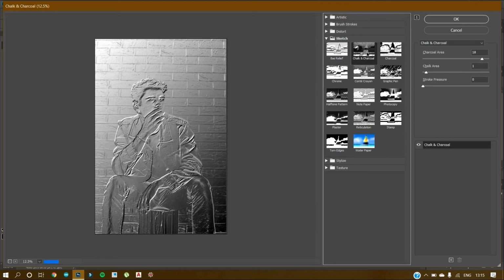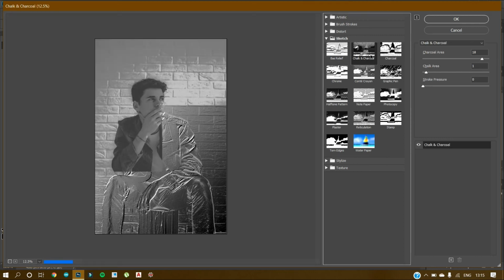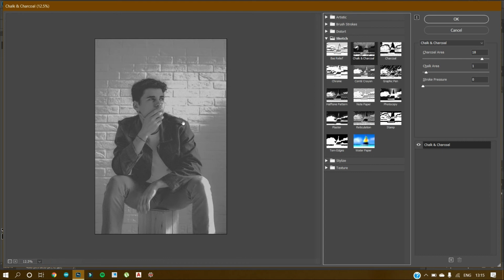We can also use different effects called chalk and charcoal. Okay, that's a good filter. So we can always just change this. We can do settings from these sliders. So this is the charcoal area. This is kind of a dusty and retro kind of filter. I personally liked it very much. This is the chalk area,